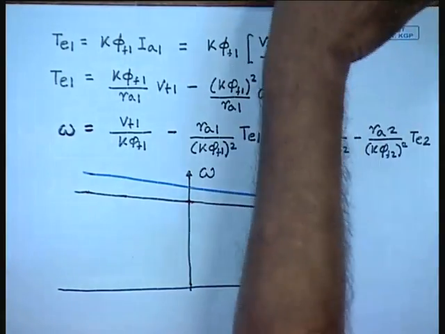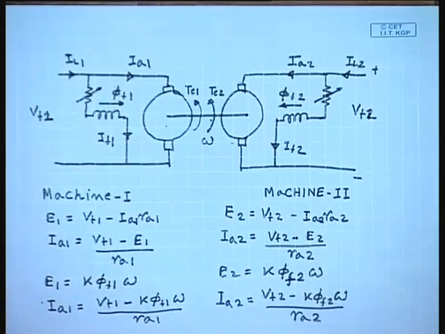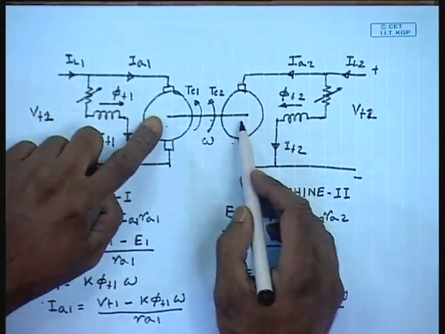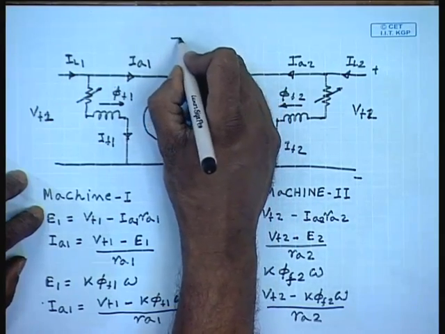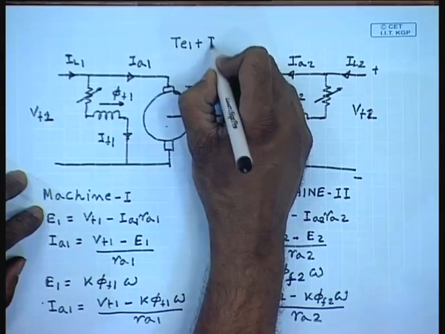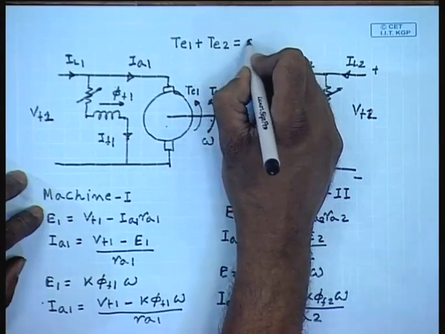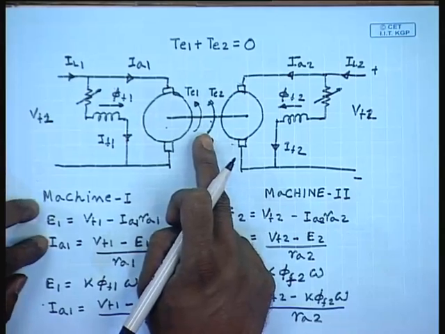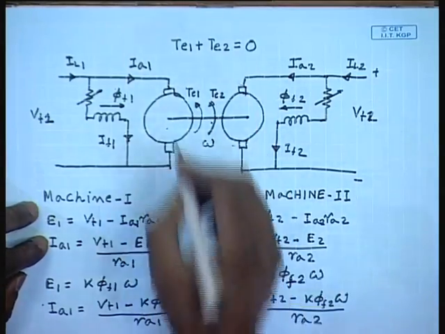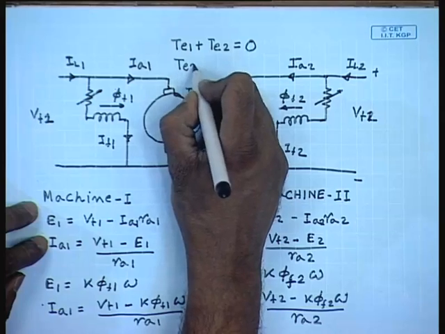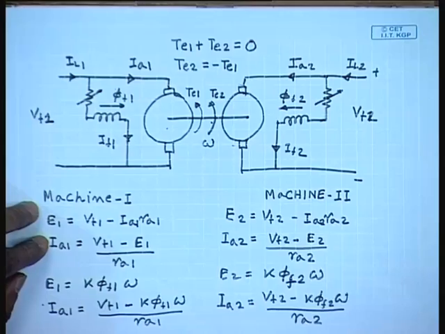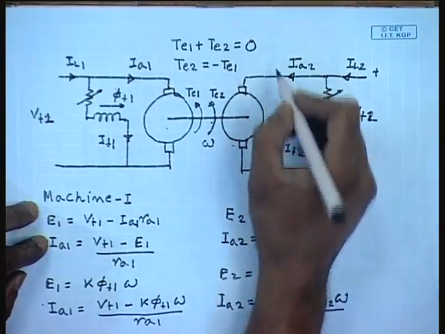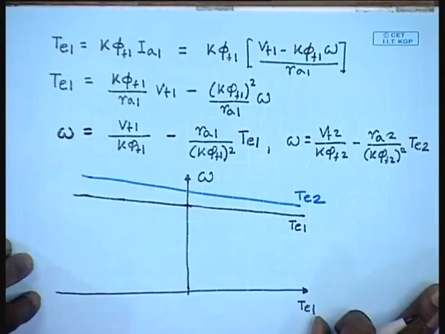Now, let us go back to the original arrangement. We see that the two machines are mechanically coupled. So, in steady state there should be no net shaft torque, that is, it is necessary that Te1 plus Te2 equal to 0. The machine will operate at such a speed that Te1 plus Te2 equal to 0, or in other words Te2 should be equal to minus Te1, or Te1 equal to minus Te2. So, instead of plotting Te2, if we plot minus Te2,